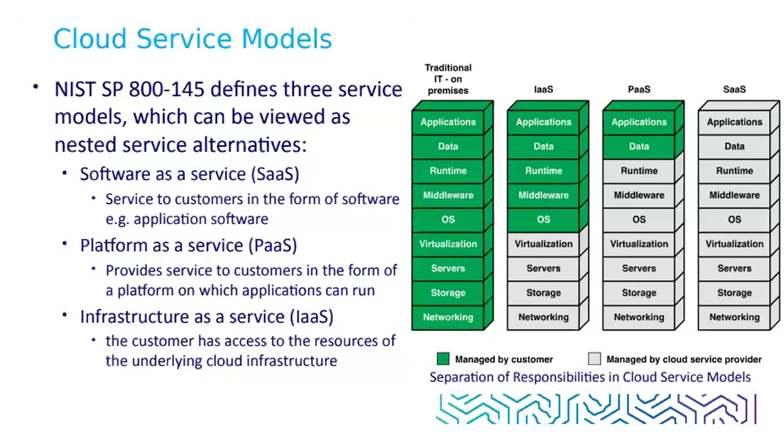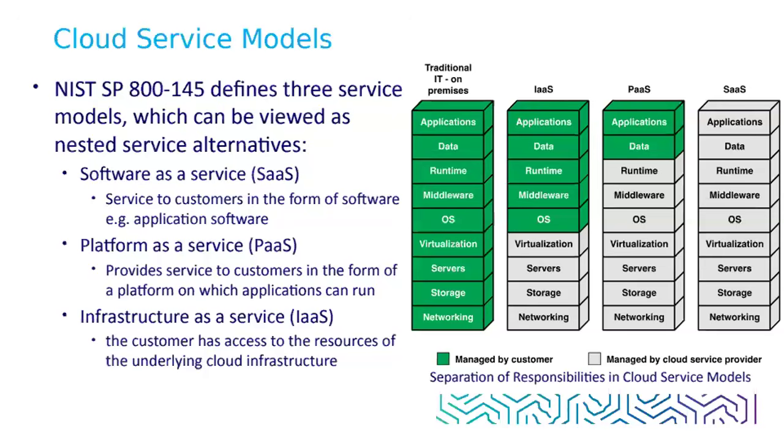According to NIST SP 800-145, cloud computing provides mainly three service models. One is software as a service. Number two, platform as a service. Number three, infrastructure as a service. These are called nested service alternatives, which means that each service model provides a different level of responsibility between the cloud provider and